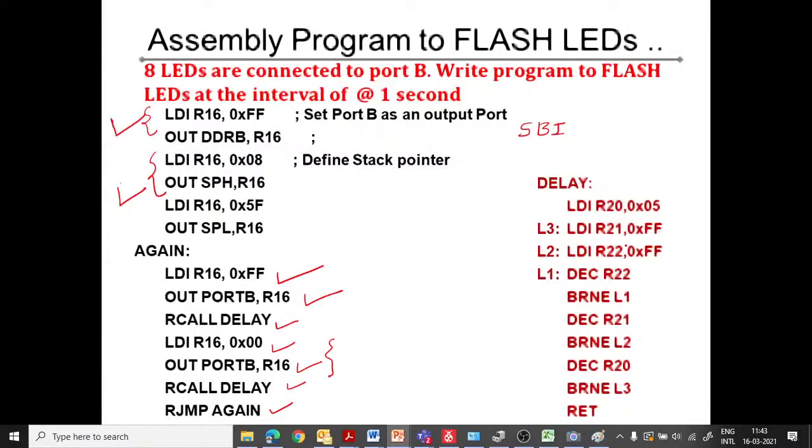So let us understand this delay routine. It's very important. In the delay routine, we are using 3 registers, R20, R21 and R22. So we are basically forming 3 loops. One is the inner loop, which is performed with the help of register R22.